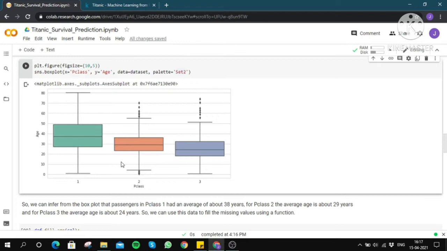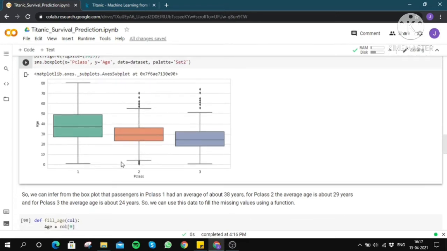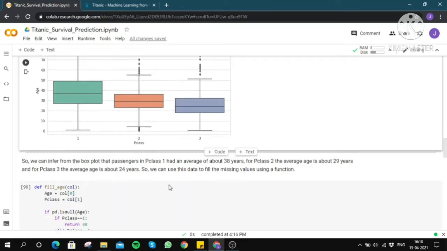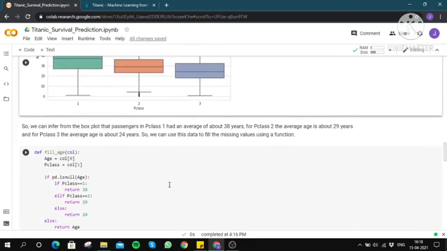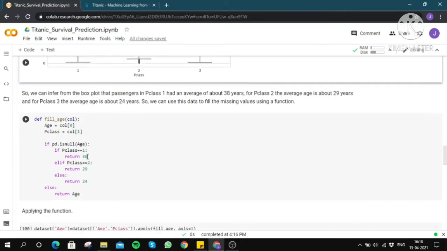For example, if the person whose age entry is missing belongs to, let's say, passenger class 1, then we can replace the missing value with 38 years, and similarly for the different passenger classes. So now let us write a function that will do so.